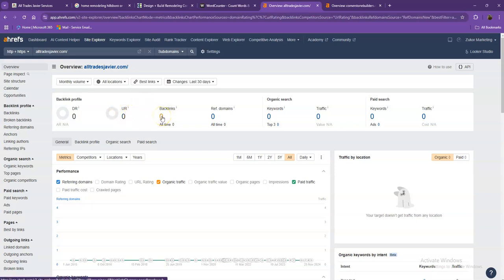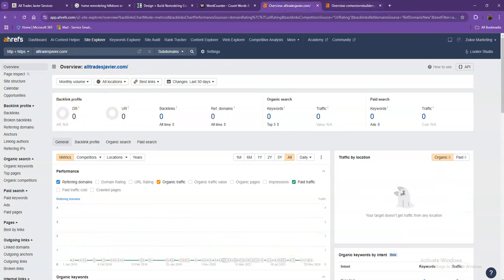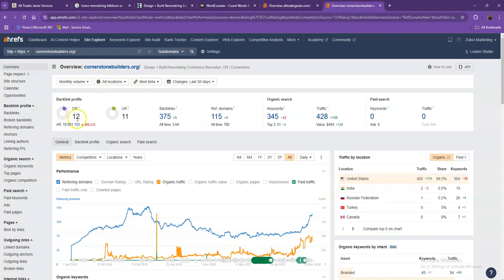Backlinks, on the other hand, are other websites that refer to your website, so they're like shoutouts from different directories like Yellow Pages, Yelp, and the like. Let's go ahead and take a look at your competitors' numbers. With DR and UR, it shows that Google actually considers their website much more trustworthy and stronger. That's also because they have more backlinks and more keywords, which gave them way more traffic within the